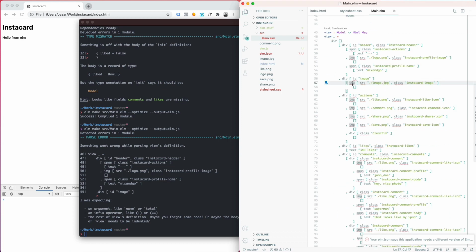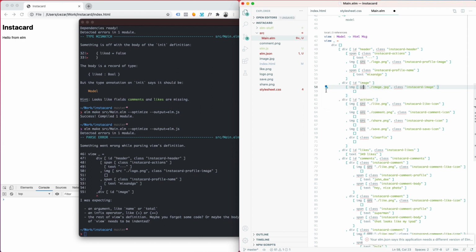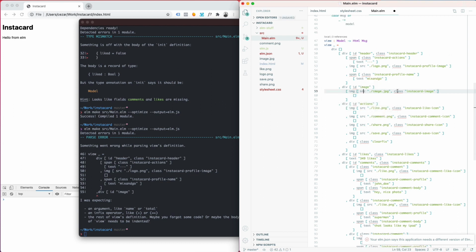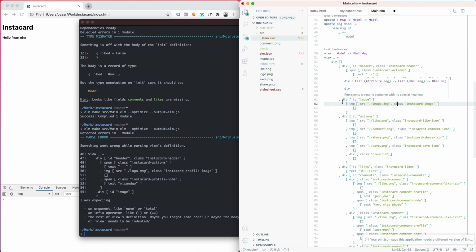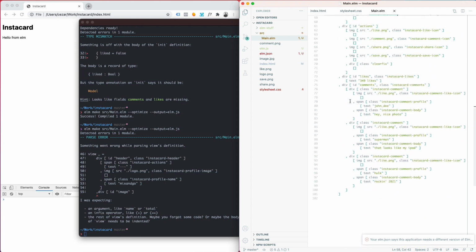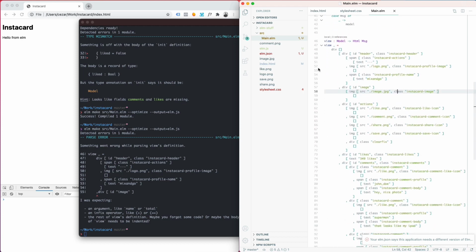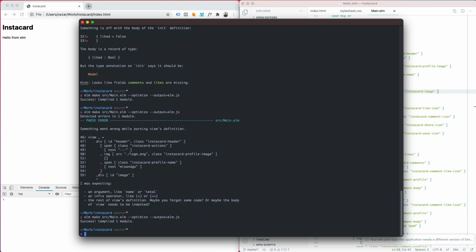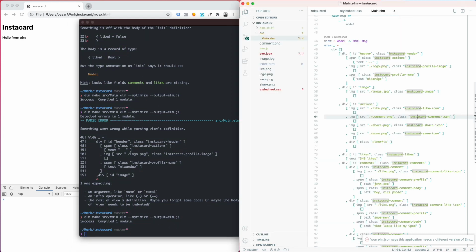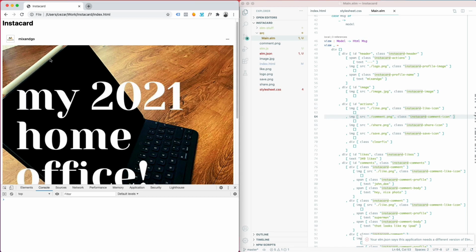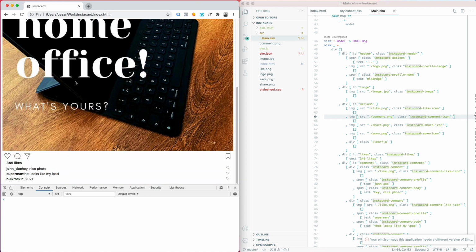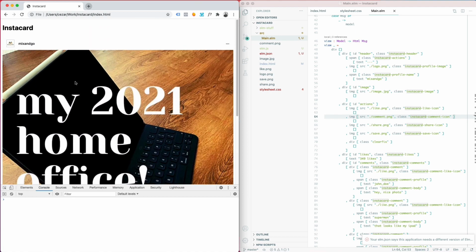I've added the tags here, and now Elm tells me that I don't have those functions available, so I need to import them. And it's easy with VS Code because I can import them all at once. And now I don't see any errors here, so I'm guessing this file compiles, and it does. Okay, so now if we refresh the browser, we can see kind of the same output that we've seen with the initial HTML,